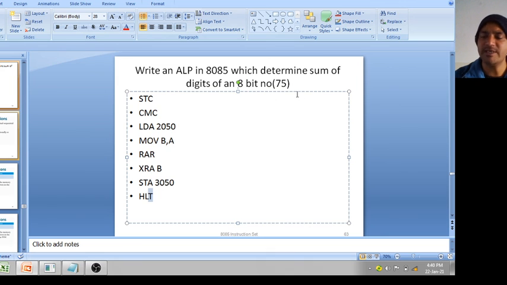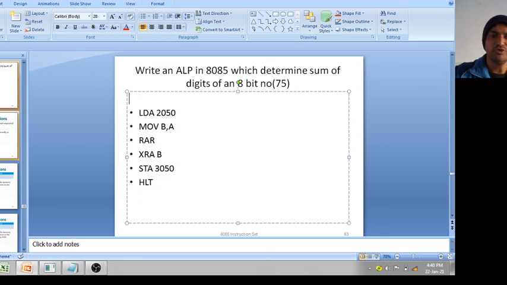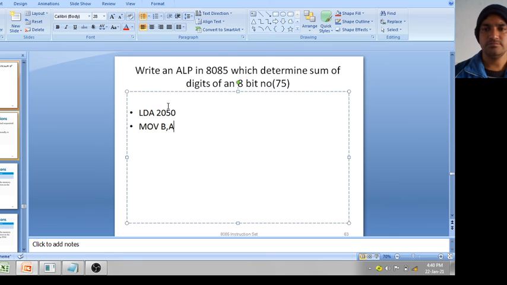Suppose again this number is available in 2050. Okay, suppose the first number is in the 2050 memory location. Then what you will do? Use a temporary variable, the B register. Then how will you separate this 5?